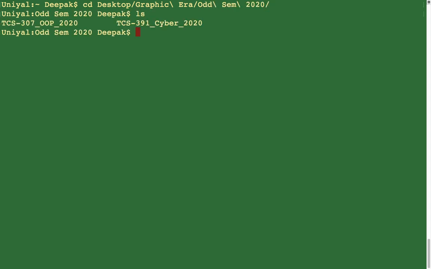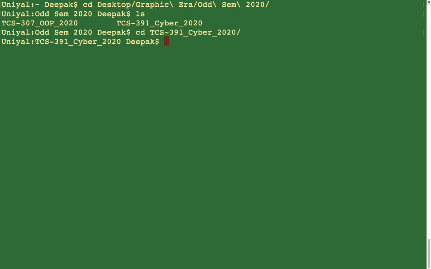Just go to the terminal and go to the corresponding directory. For me that directory is desktop, graphic era. Inside that it is odd semester, and then just ls and see which directory I have further.